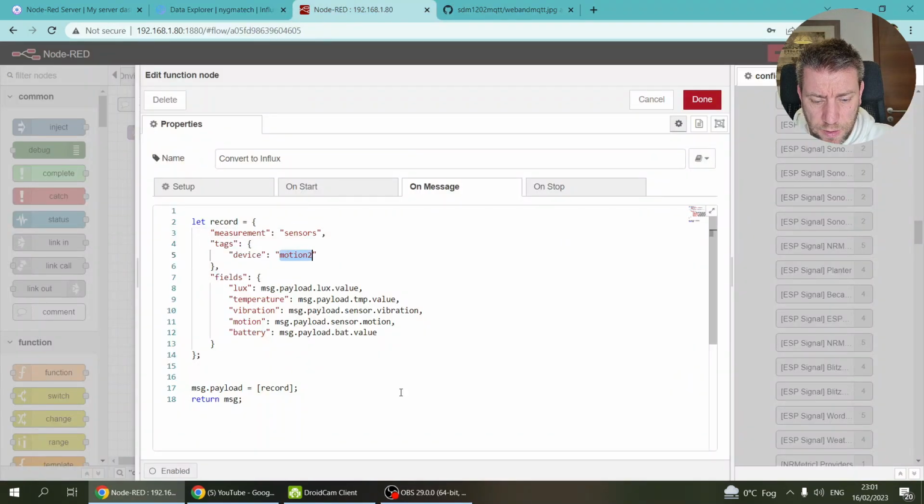So the measurement is sensors, the device is car charger, and then I'm going to have voltage, current,